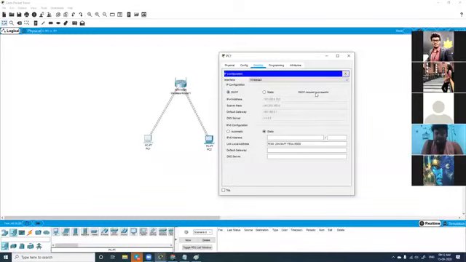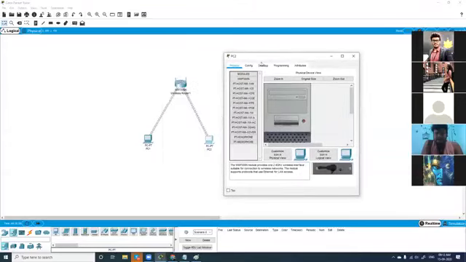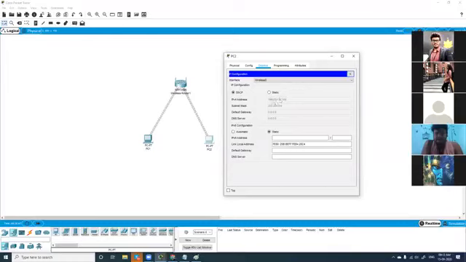Now it says DHCP is successful, and what IP address is assigned? 192.168.0.100. 100 is weird. We don't know why it has got 100. We'll see that. I'll close this. We'll go to this computer, and here when you go to desktop, again it has a garbage value IP address. So what I'll do, okay, it has requested, and it is now 0.101. If you watch closely, this is 0.100 and this is 0.101.